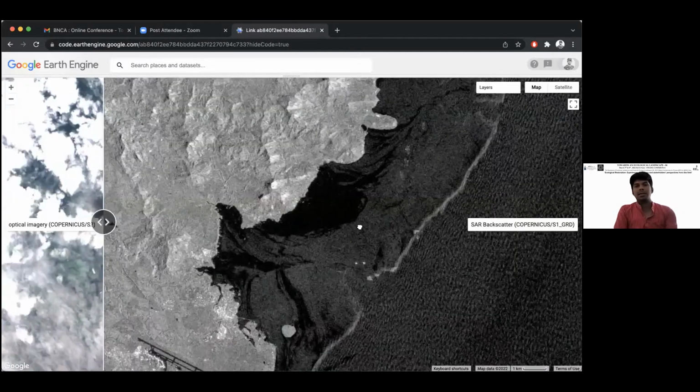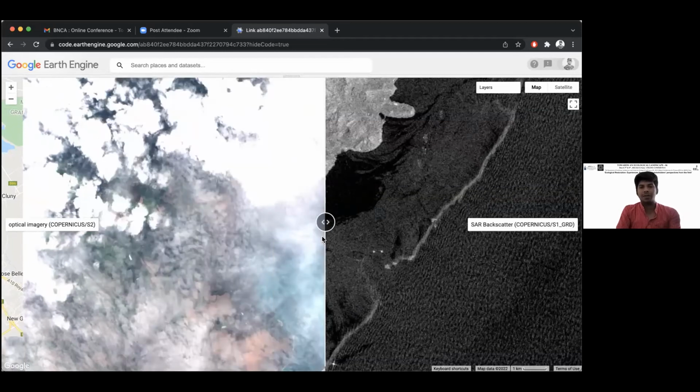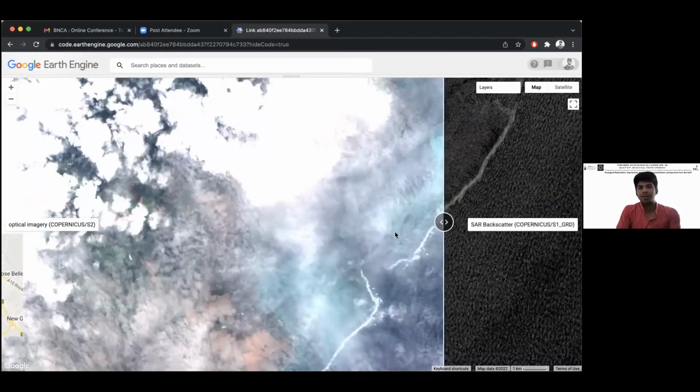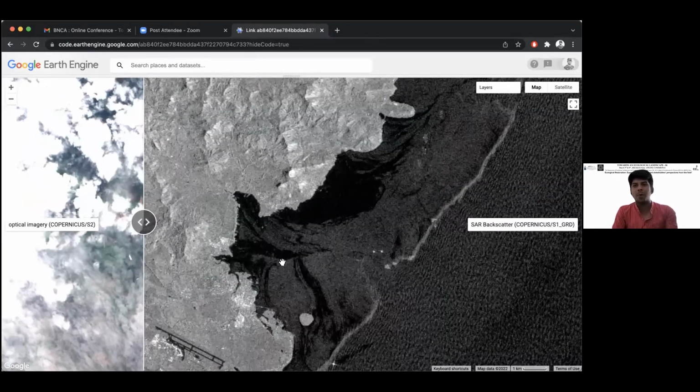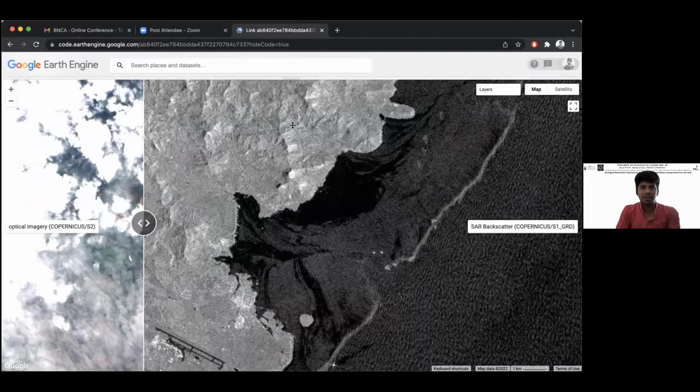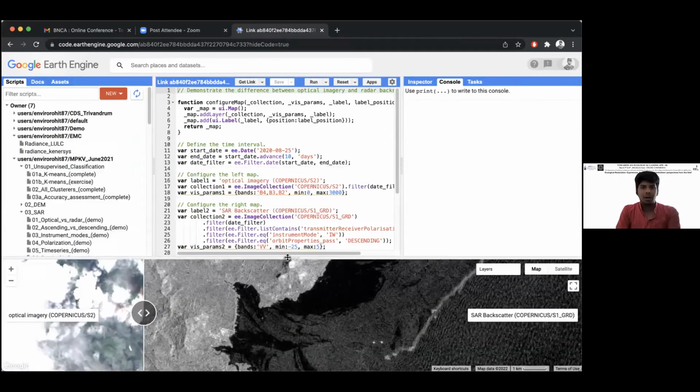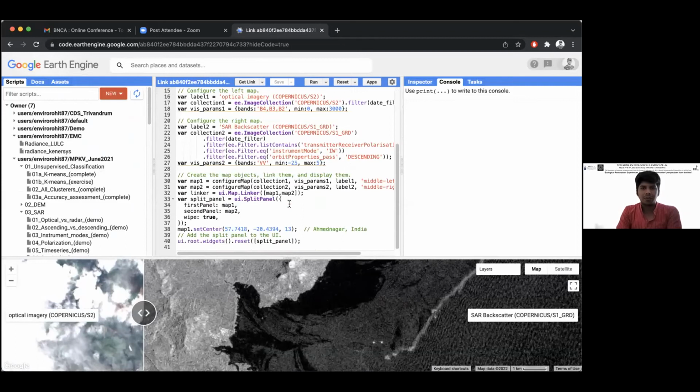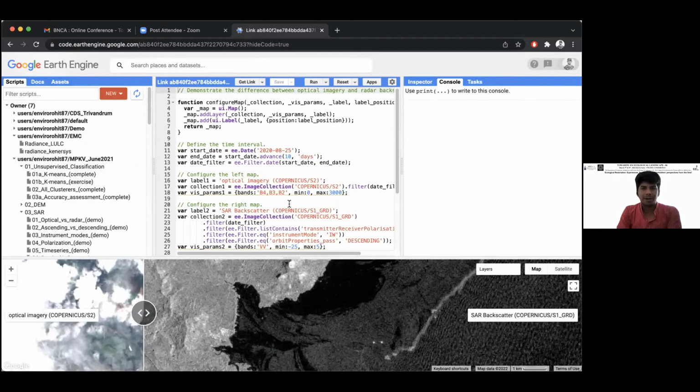So that's how, using a different type of satellite imagery, you can actually get more information. And this is all possible by just using a small code. So if I just drag down this window, you will see a part of the code that I have created just to map this kind of an oil slick using the SAR data.